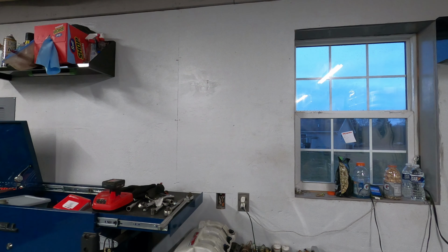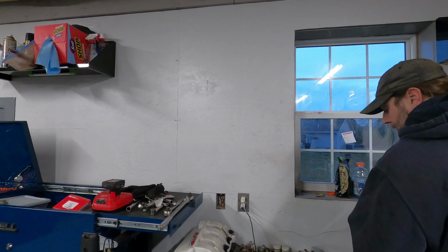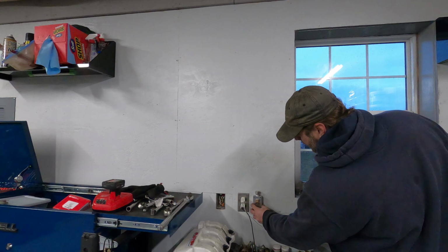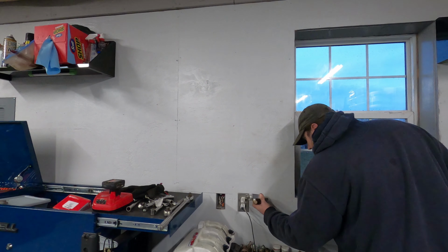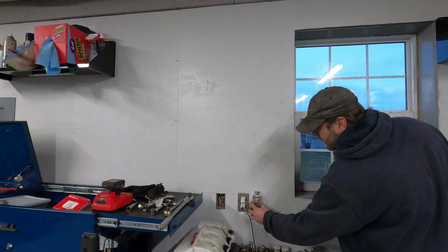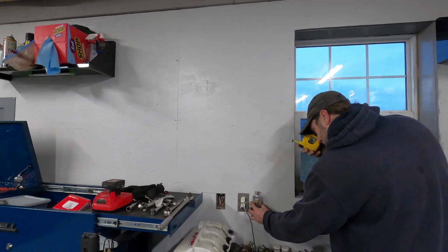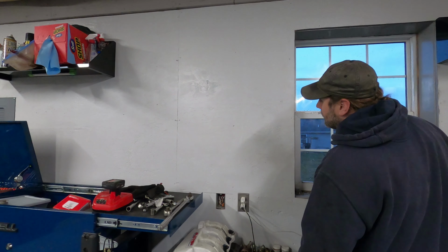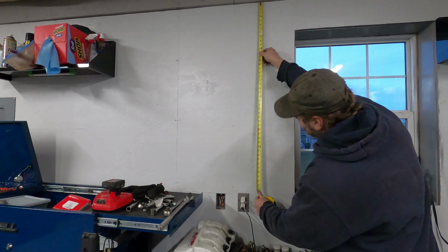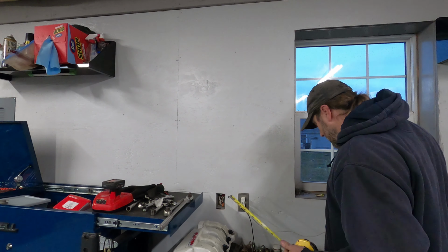Alright, I'm planning to drop this down right here next to the electrical outlet. Let's check that out a little bit. We're planning to go right here, and that's where we'll have our air come out at, right next to the outlet. So I know that this top sheet here is 48 inches from there down,